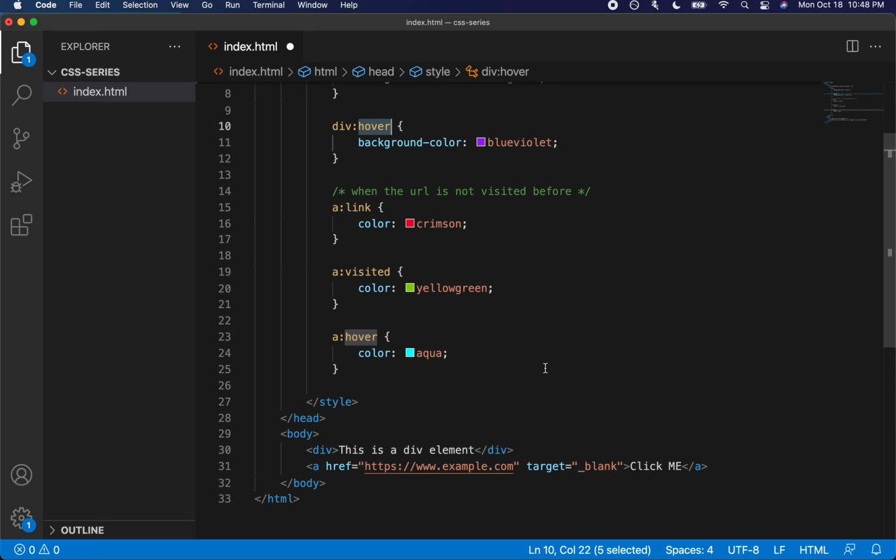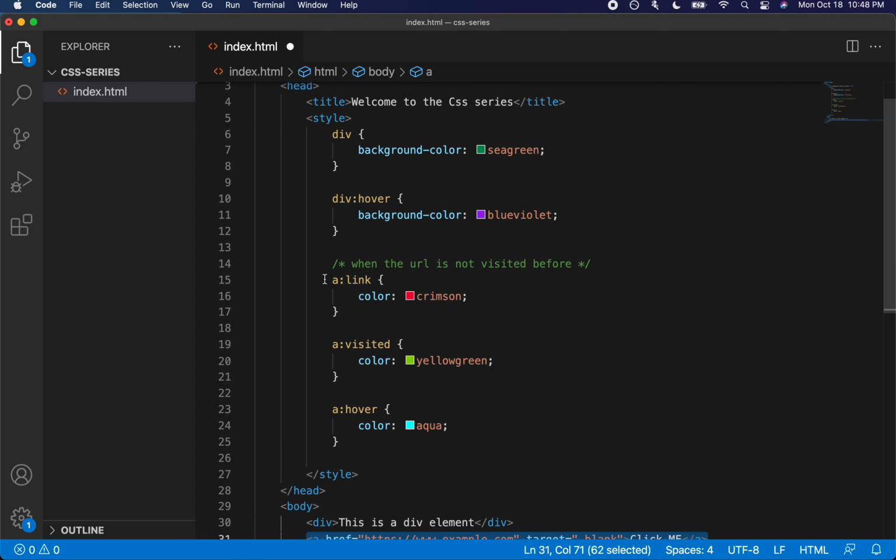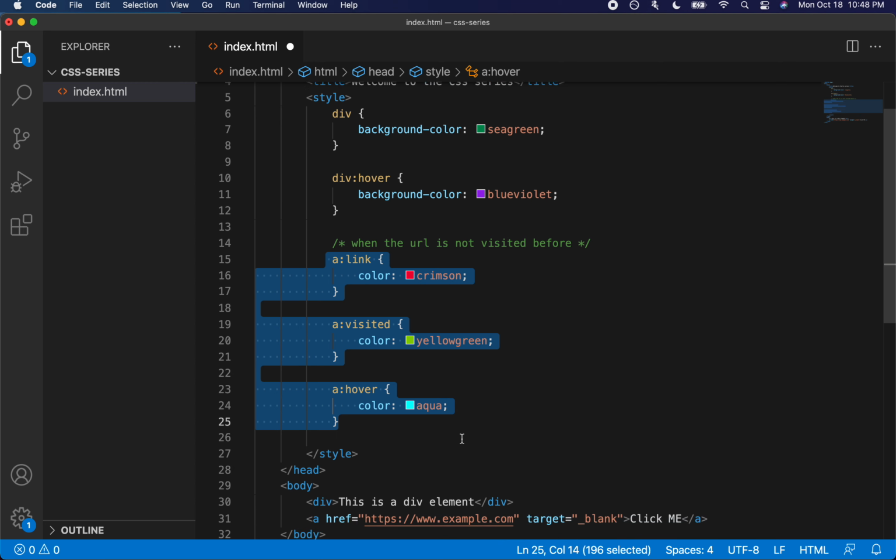There are a lot of other examples that we can go over, but as per this tutorial, I think it will be too much to cover every possible scenario because, as I've already mentioned, each of these pseudo classes is very specific to the HTML element. Since we have used anchor as an example, we could come up with these three pseudo classes.